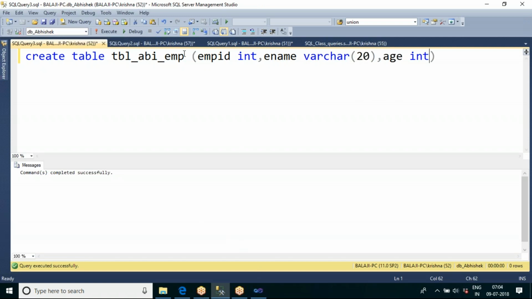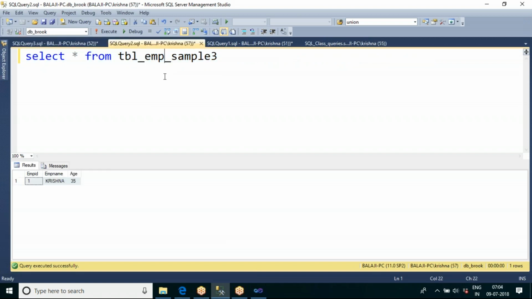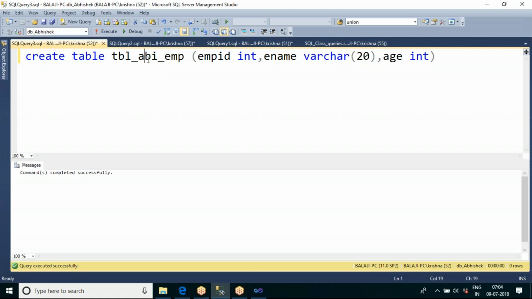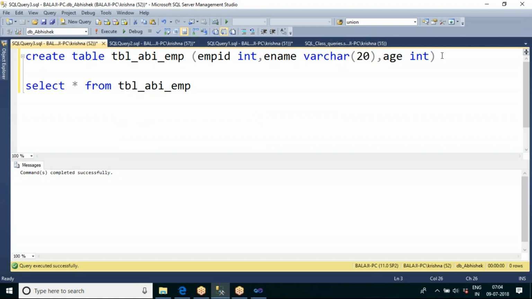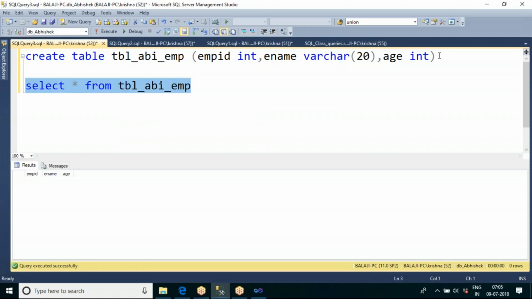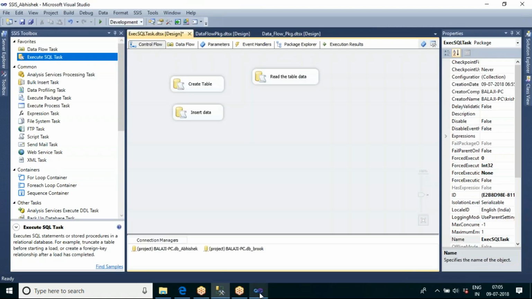Now my requirement is I need to read the data from this table which is present in dbgroup, and I want to load it into this table. I want to insert the data into this table. Is there any record present in this table? No, there is no record. And I want to insert the data into this table.